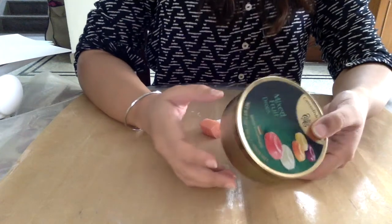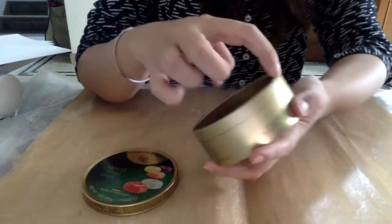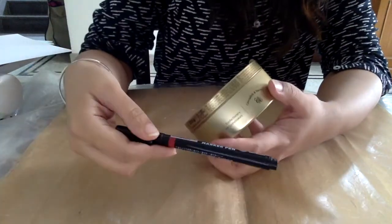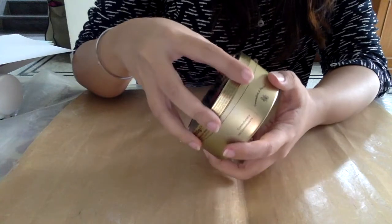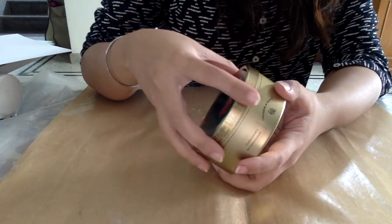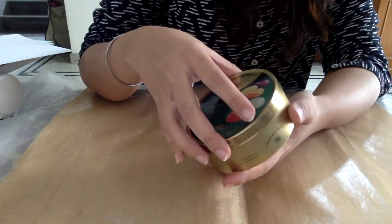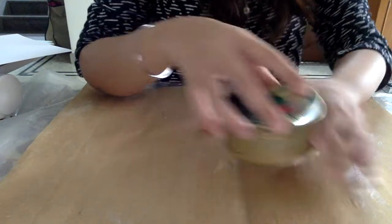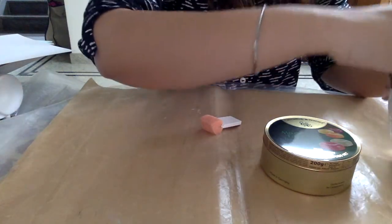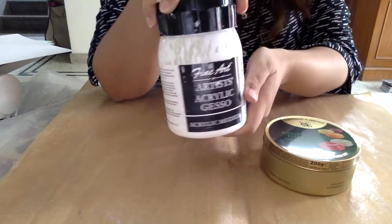So let's begin. Now to start off with, I've made a mark where the lid ends with an OHP marker, just so that I don't work on that rim to ensure that the lid closes back once the entire surface has been covered. So first we're going to be using some white gesso. You could use any brand. Right now this is what we have, and we'll be using,